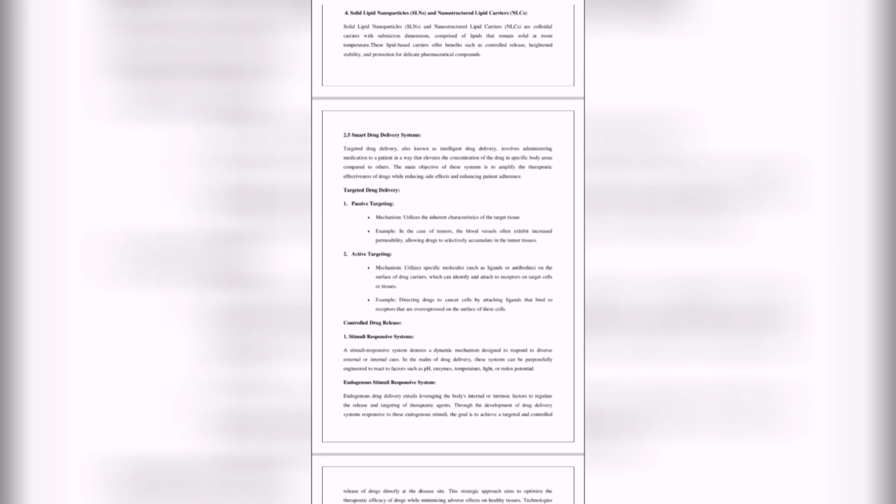specific molecules such as ligands or antibodies on the surface of drug carriers. Here also ligands and antibodies are present on the surface of drug carriers, which can identify and attach to receptors on target cells or tissue. Next one is controlled drug release,